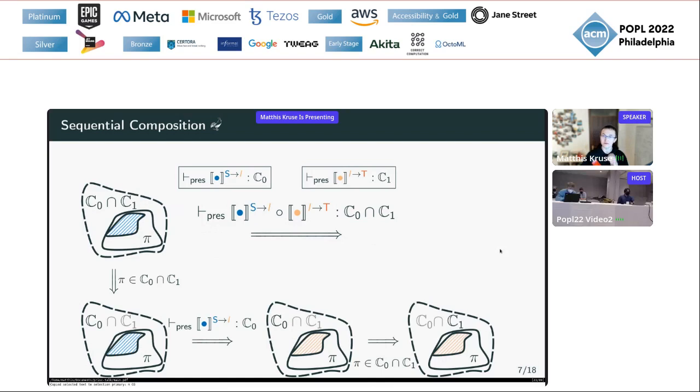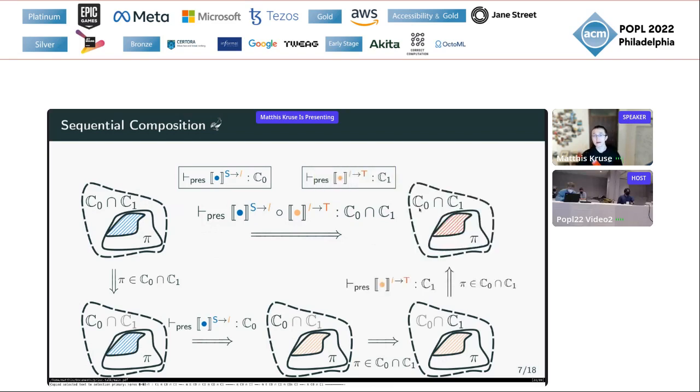And we did this trick before, but now we can apply the fact that the compiler from yellow I to red T is robust with respect to C1, and we end up with the fact that the red target level version of the blue source level program has a robust behavior that is in all pi's that lie in the intersection of C0 and C1.